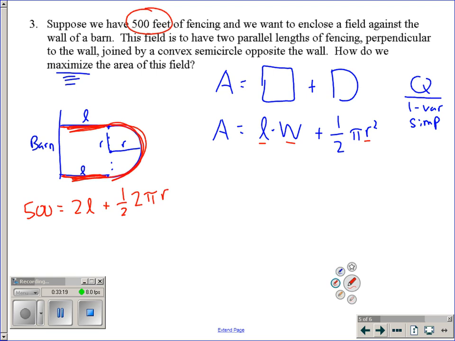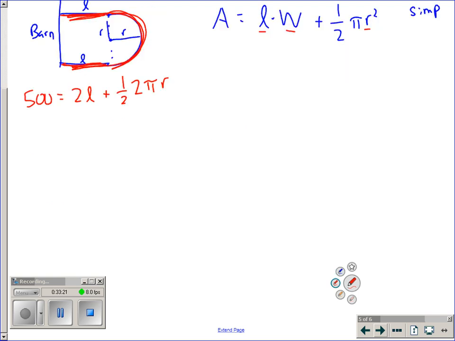Okay, so let's simplify this down and see what we can substitute in. If I simplify it down, I got 500 equals 2L plus pi r. And I mean, we can get r by itself, we can get L by itself. I think it'd be easiest to get L by itself and plug it in for r. So maybe I can do 500 minus pi r equals 2L, or L equals